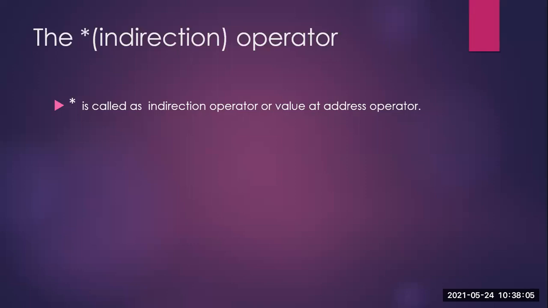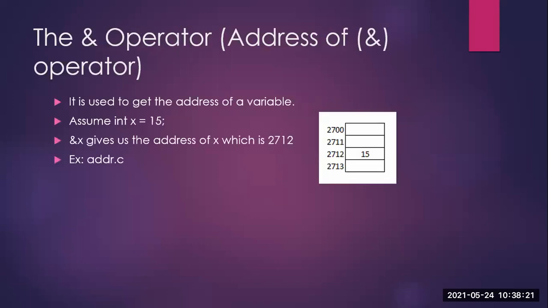Value at address. What are we trying to store at memory locations, at addresses? We are trying to store the values, not the variable, but the values that the variable is holding. Like, we'll go back here.